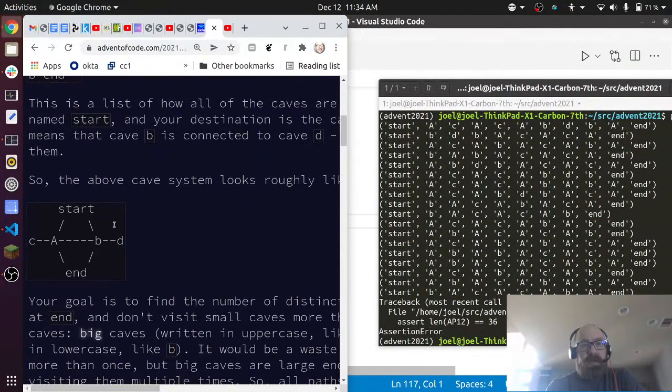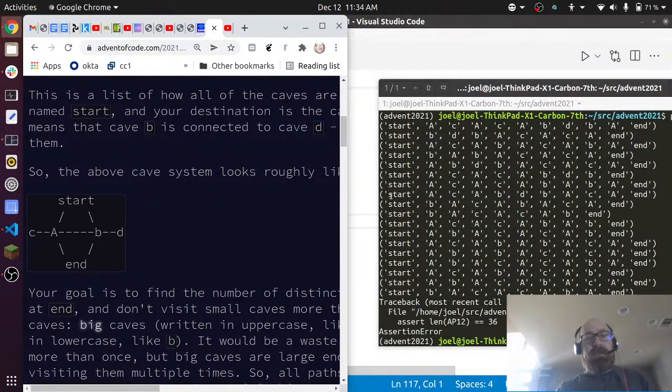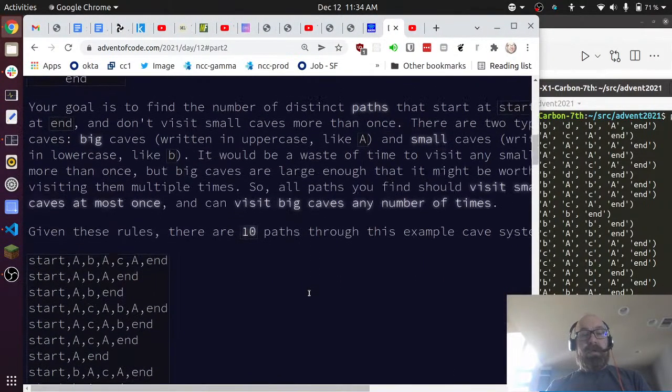So start A C A C A B D B A end. Why is that not a valid path? It seems like that should be. I must have read the instructions wrong. So